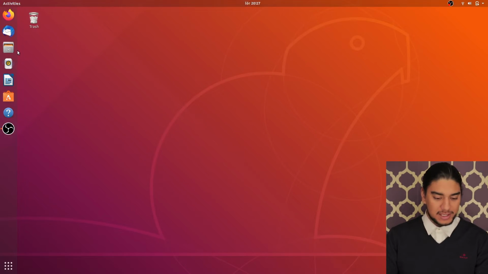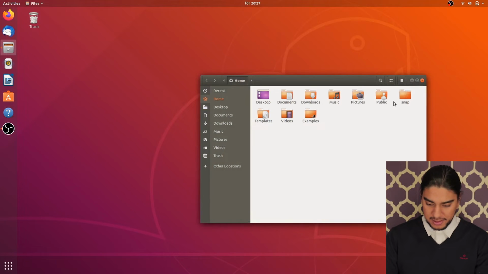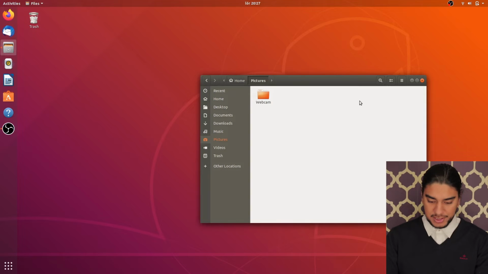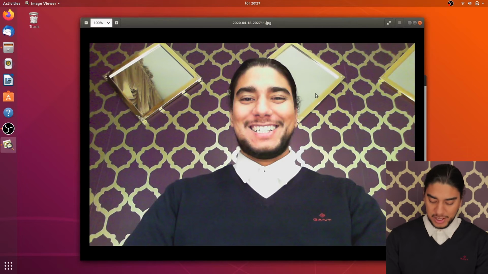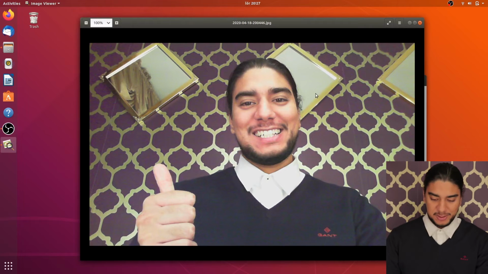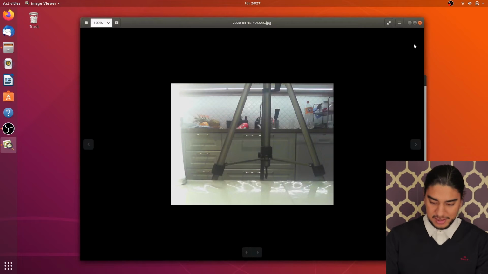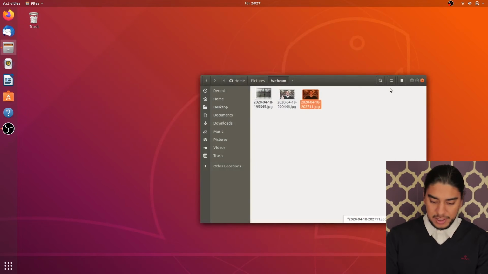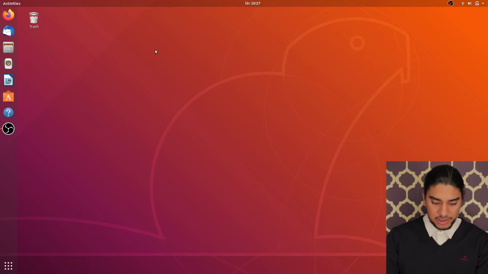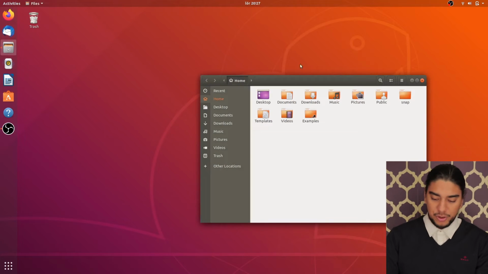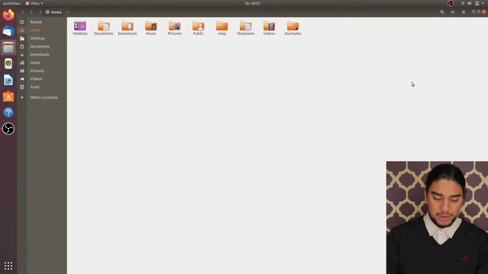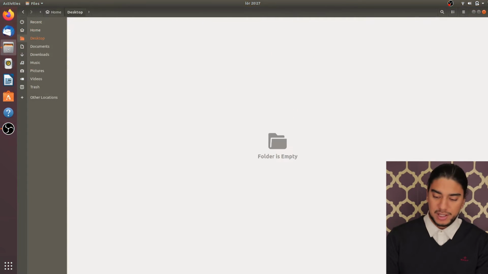Let's see if we can find that image. We go to files and pictures here, and here we can see that image. Wow, what a shining smile. And we can see this picture here, and we can see the kitchen there. And as you can see here, the file manager is like on your Windows PC. You get all of your desktop, documents, downloads in one place. Wow, what a nice